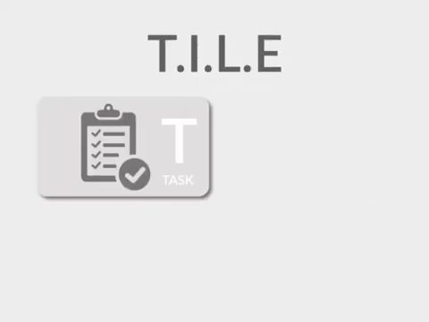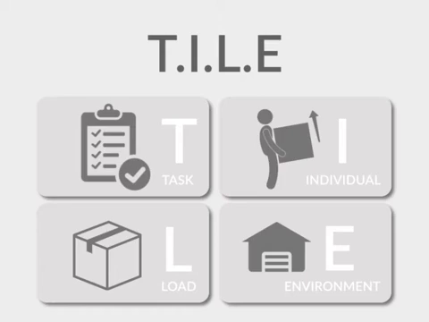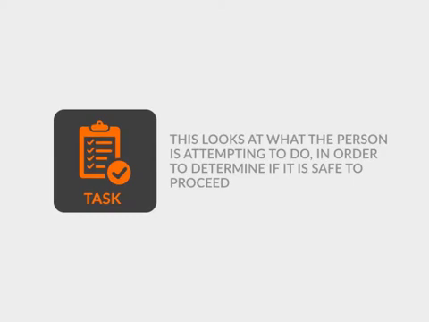We use the TILE (Task, Individual, Load and Environment) format for manual handling risk assessment. This method helps us identify possible risk factors by grouping them into the below characteristics. Task. This looks at what the person is attempting to do in order to determine if it is safe to